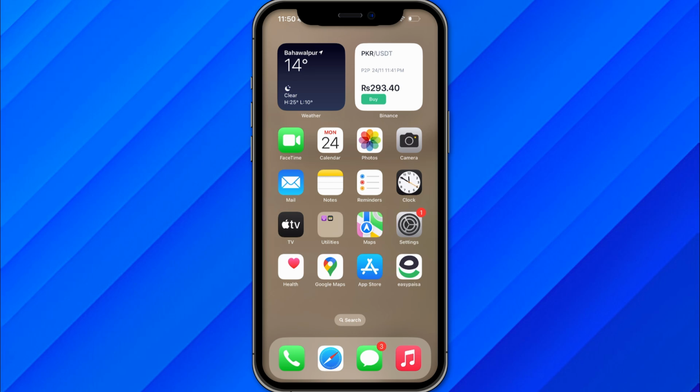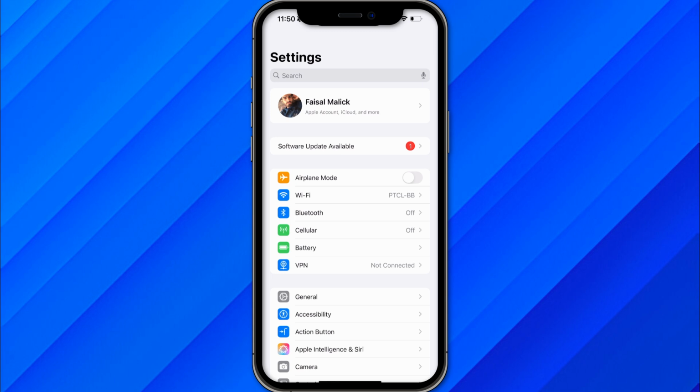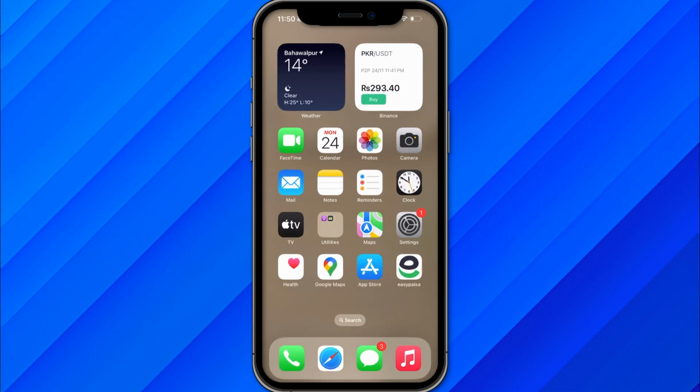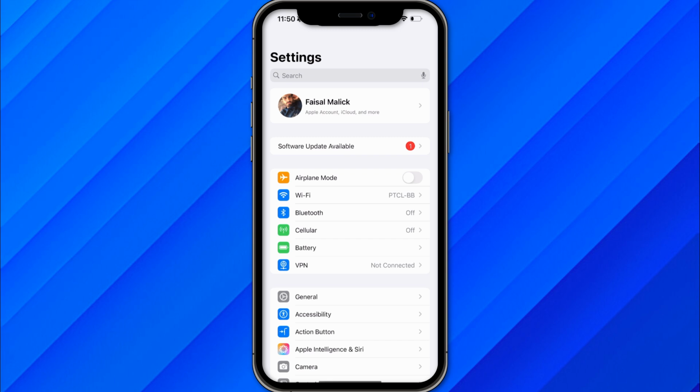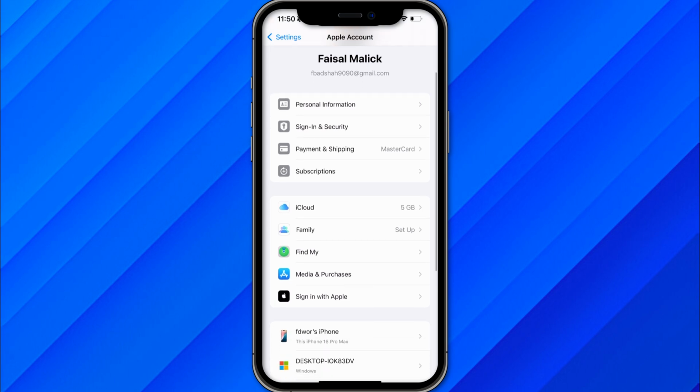Hi guys, in this video I'll show you how to stop WhatsApp calls from showing in call log on iPhone. Now the first thing that you need to do is just open the Settings application inside your iPhone, and once you open the Settings application, just click on your Apple ID and scroll down, and you will see this option